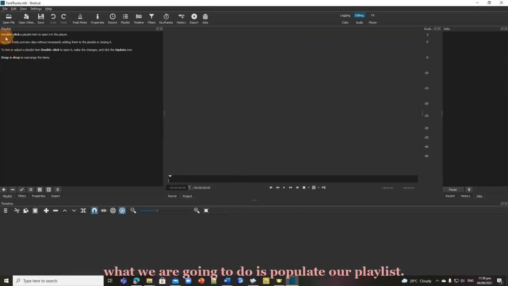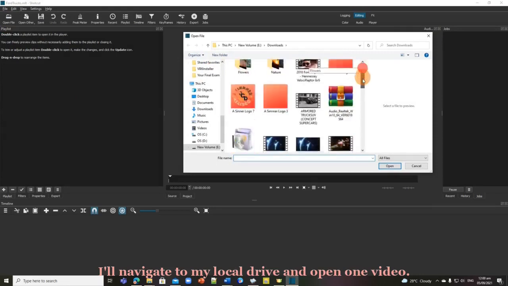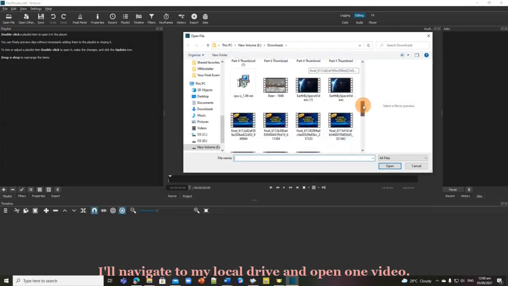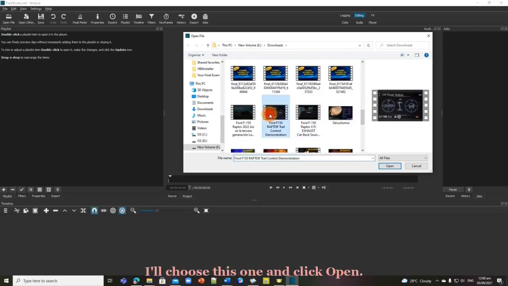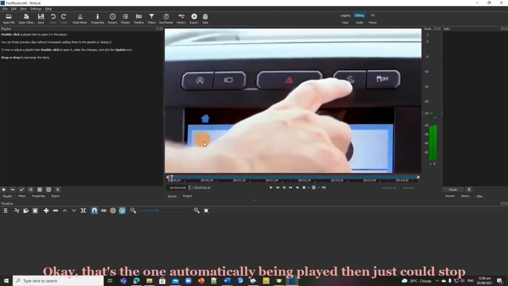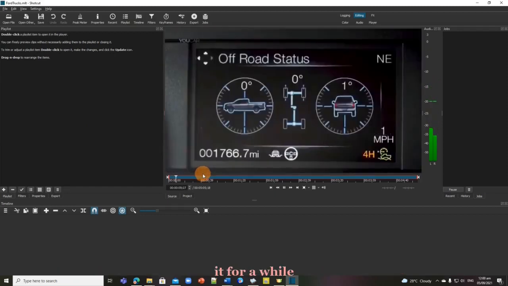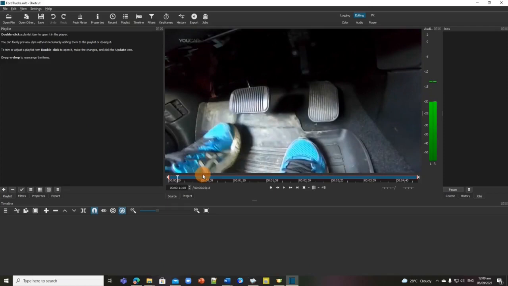And then right away, what we are going to do is populate our playlist. Let me start with one video. So I'll navigate to my local drive and open one video here. I'll choose this one and click open. Okay, that's the one automatically being played. Then you could stop it for a while by pressing the spacebar. Then I could drag it here onto the playlist,